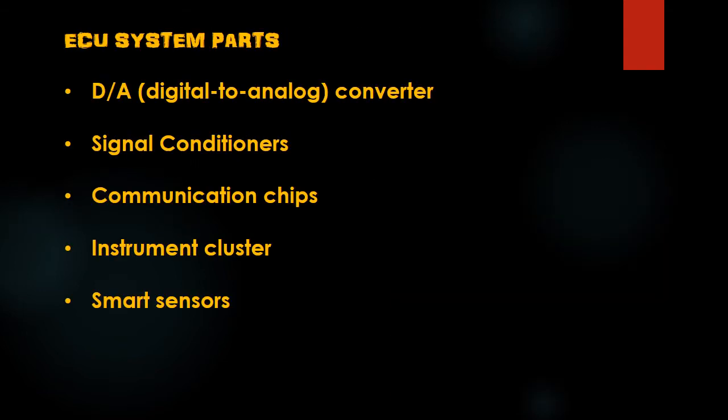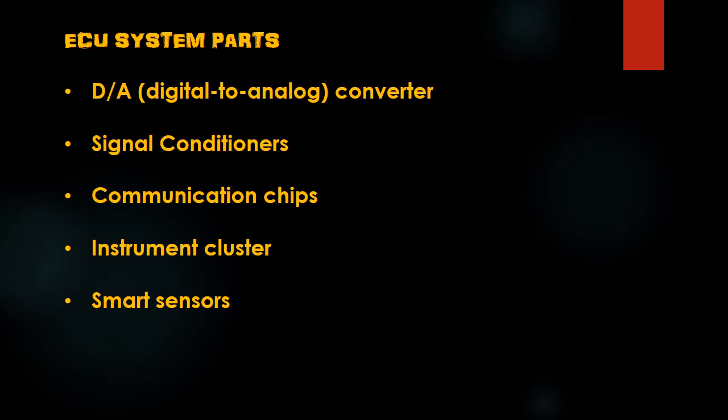Here's a basic description of the system parts available in the ECU. It contains a digital to analog converter. Sometimes the ECU has to provide an analog voltage signal to drive some of the engine components, and this converter comes in handy. Since the processor is a digital device, it needs this particular device to help in conversion. Then comes the signal conditioning, which is present because sometimes the inputs or outputs need to be adjusted before they are read. A signal conditioner is basically a circuit that adjusts the level of signals coming in or out.